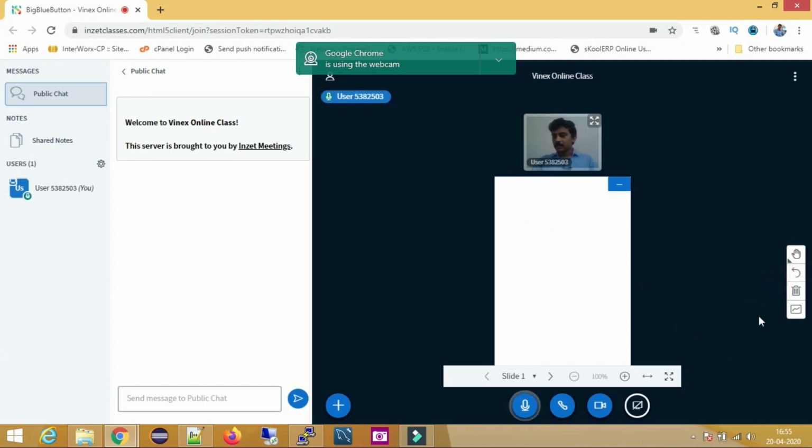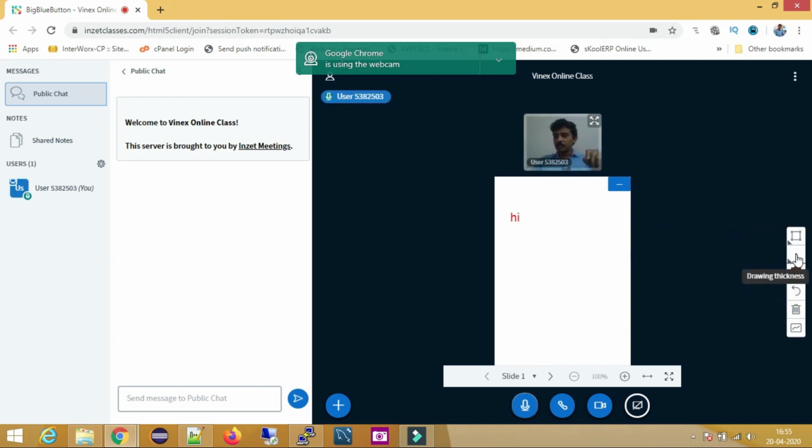Here you will see different controls which can be used to write or draw something on this whiteboard. To use that, you need to click on the hand icon and select a text. Through text you can write something. For example, if you want to draw something, I select this.